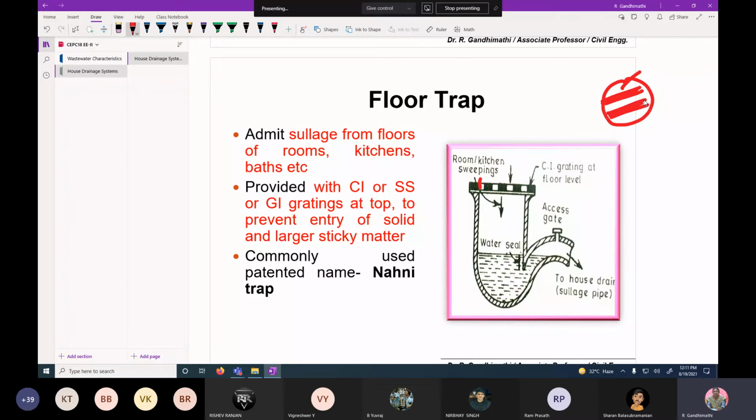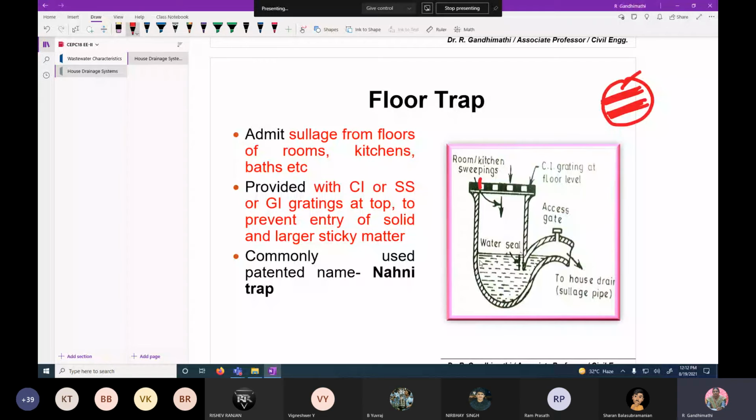It is mainly to remove water while cleaning the floor. We just force the water through this trap. You see only the openings at the top, but at the bottom they have a trap arrangement.